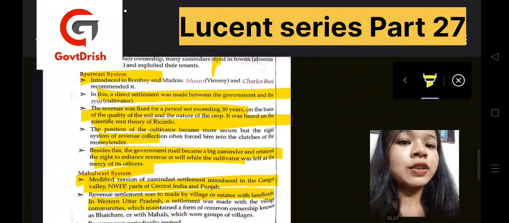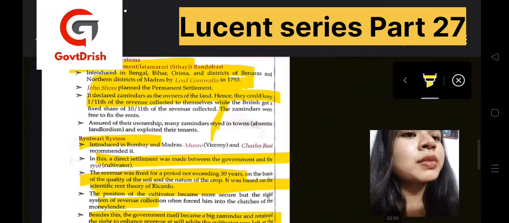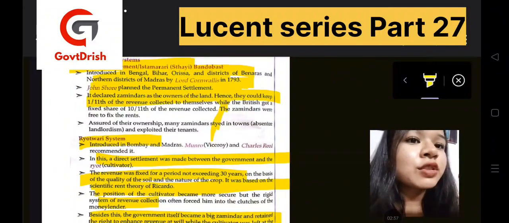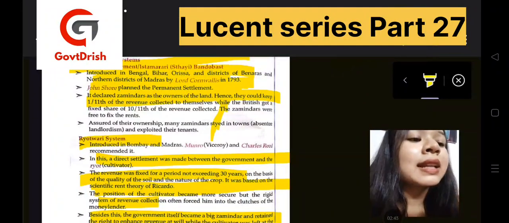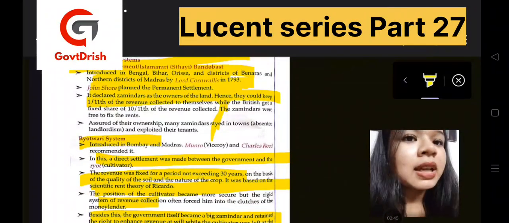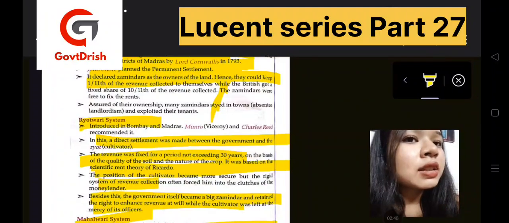Now, the land revenue system. First is the permanent settlement or the bandobast. It was introduced in these places I have marked, Bengal, Odisha, and it was by Lord Cornwallis. And then John Shore had planned the permanent settlement. And what was in this, you can see in the third point, is that